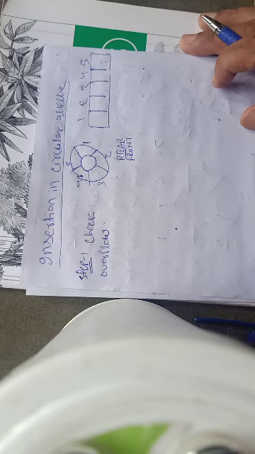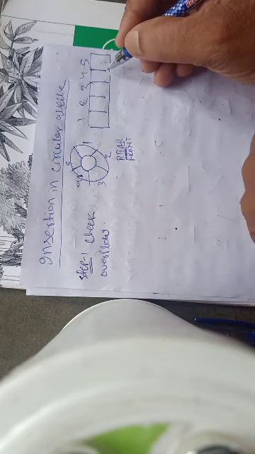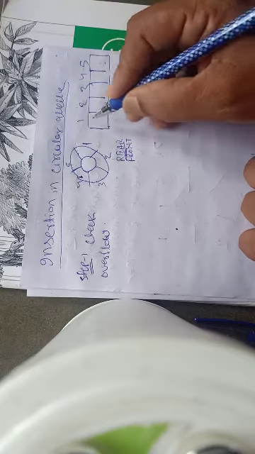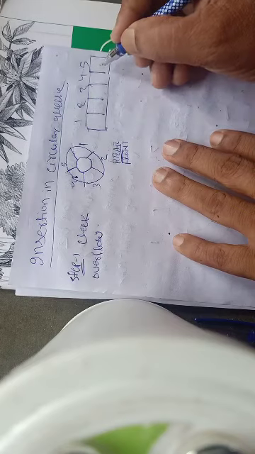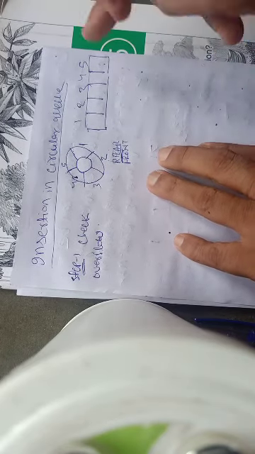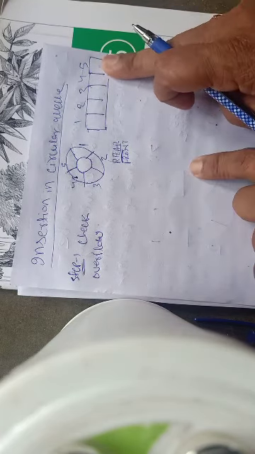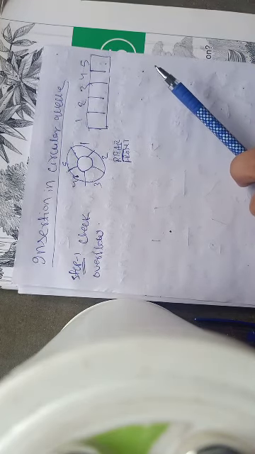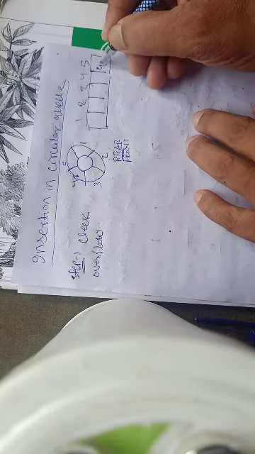But in a circular queue, we cannot simply say if rear equal to max, then it is overflow, because we may have some space available on the left, from 1, 2 and so on. Now suppose we have exactly one element in the array, and that element is present in the last position, the fifth position. How is it possible that only one element is present and it is in the fifth position? Because if we apply some series of insertions and deletions, then at a certain moment it may happen that there is an element, let's say 40 here.